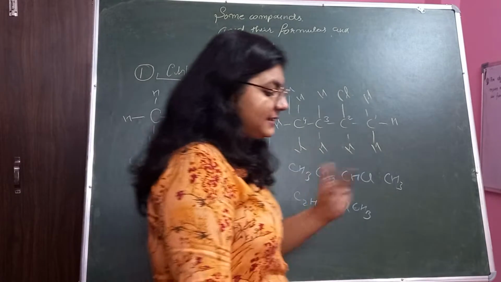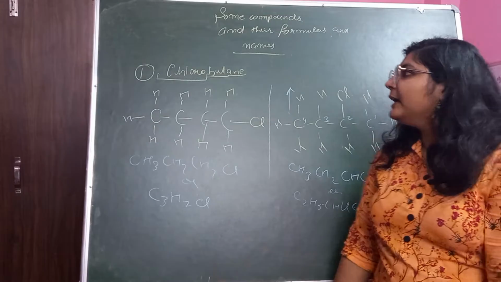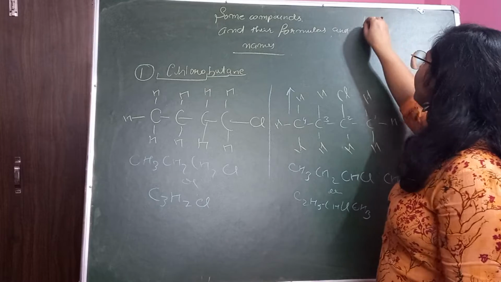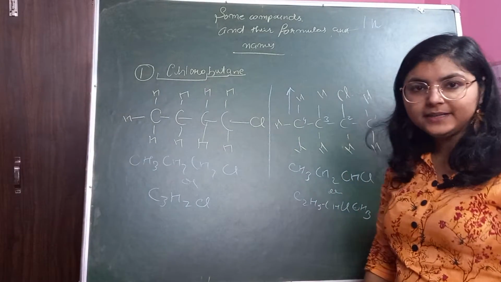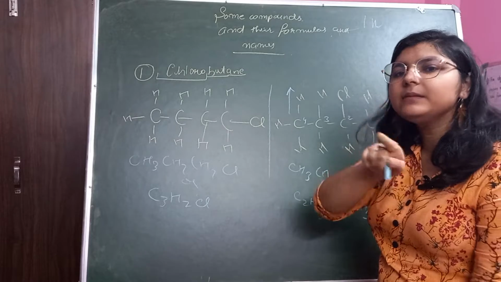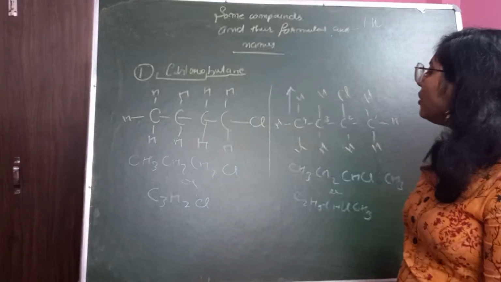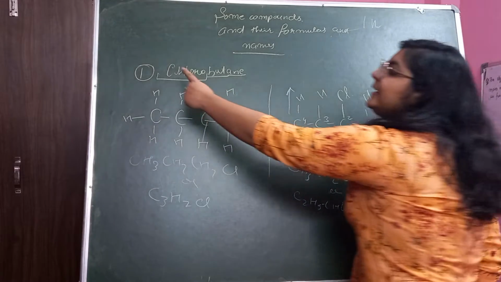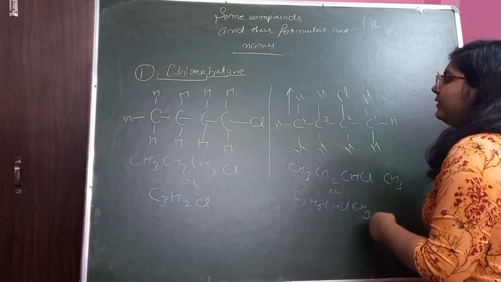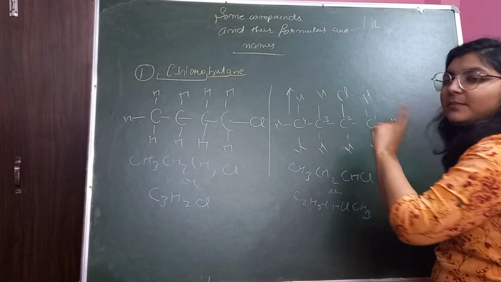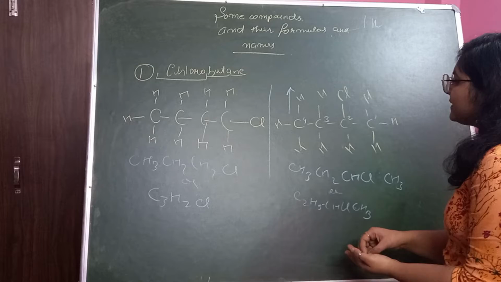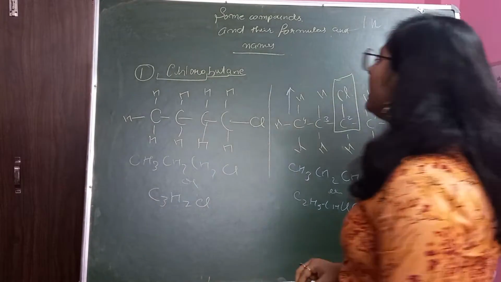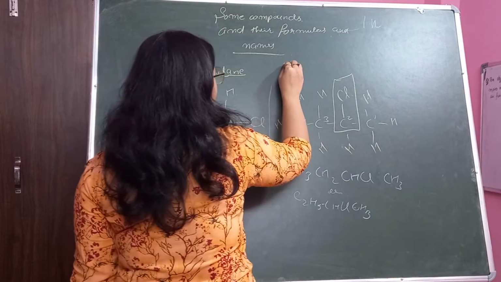Now if you come to maths, here I will take help from maths. If I write X, what is X? What is its coefficient? Its coefficient is 1, right? You have not written it, but it is getting multiplied by 1 only. So, similarly, here is the concept that if 1 is there, we don't write it, right? But if this chlorine is present at some other position, like here it is present at the second position, right? Here it is present at the second position. So now the name will change and the name will become